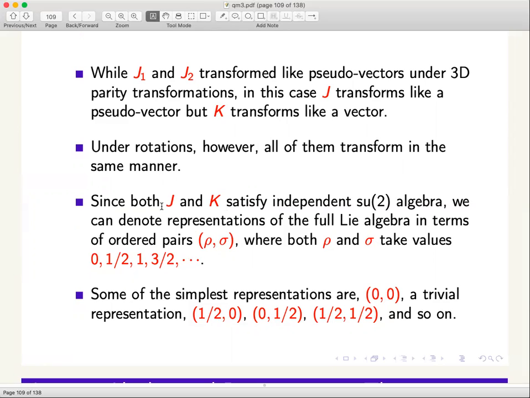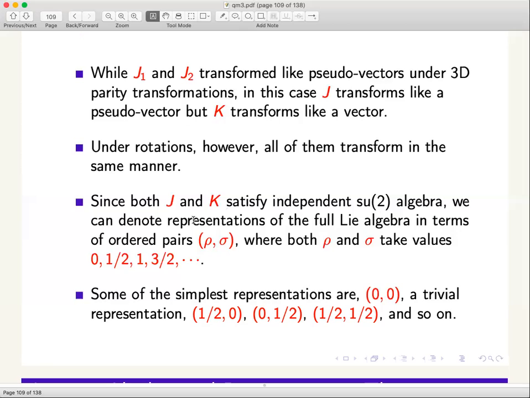So in other words, if you take an algebra of this kind and you want to ask how to classify representations, we have already done the classification of representations of the SU2 algebra. When we did quantum mechanics, we didn't probably use the word SU2, but it was the angular momentum algebra. Representations were typically positive half integral numbers. It starts with 0, which is the trivial representation that doesn't transform under rotation, then spin half, spin 1, spin 3 half, and so on.